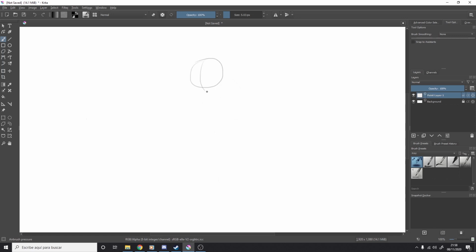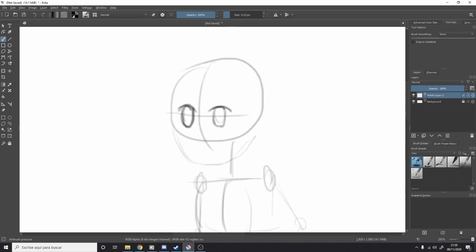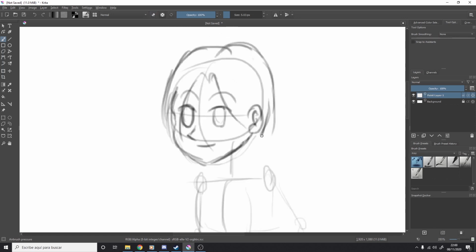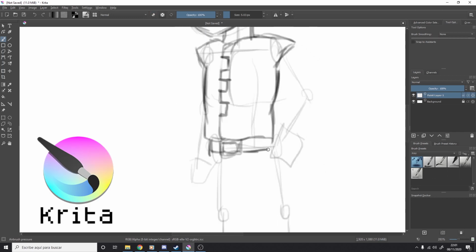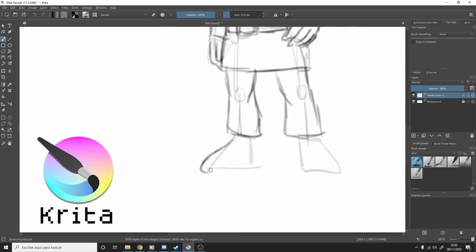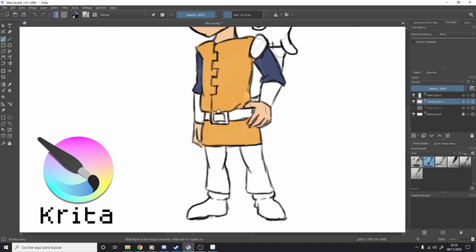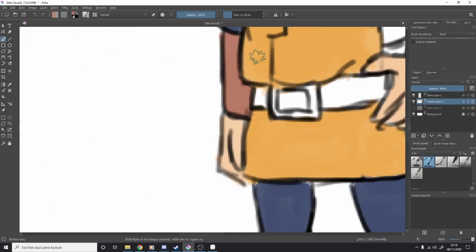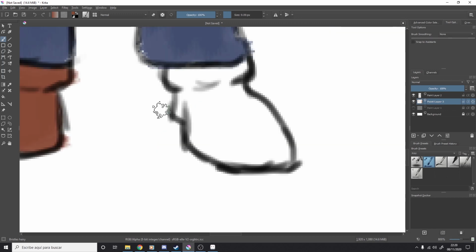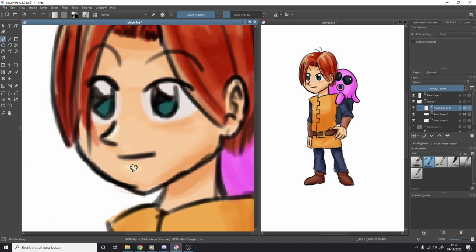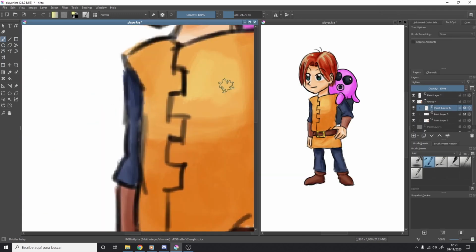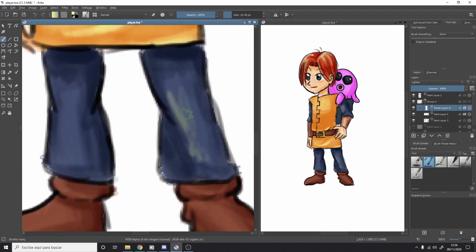I wanted to draw these concepts digitally. Searching for a free digital art program, I found Krita. Krita is a great tool and completely free. It comes with a great number of brushes and has a comfortable workflow. You will find a link in the description if you want to take a look. So I started drawing the player character and the octopus pet. I will tell you about the story later.